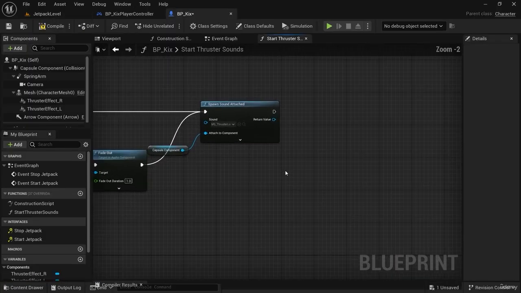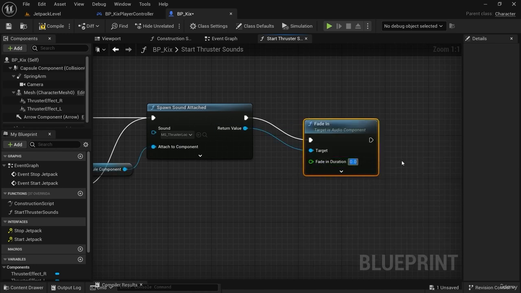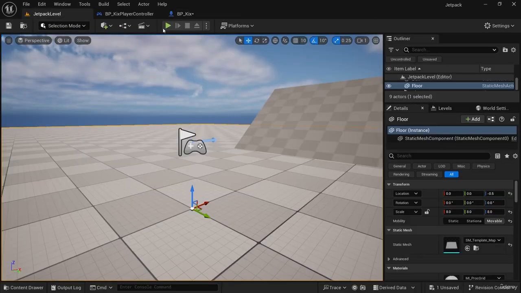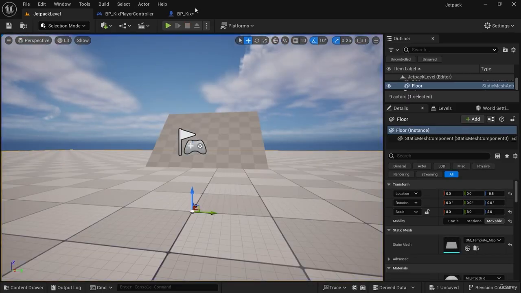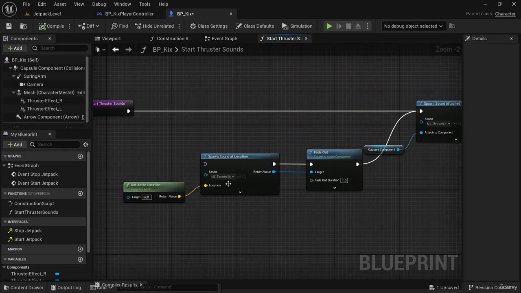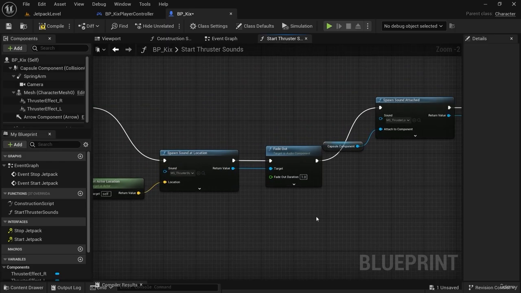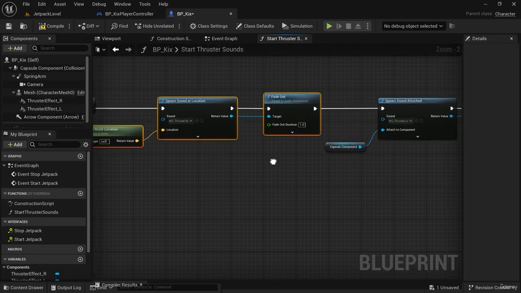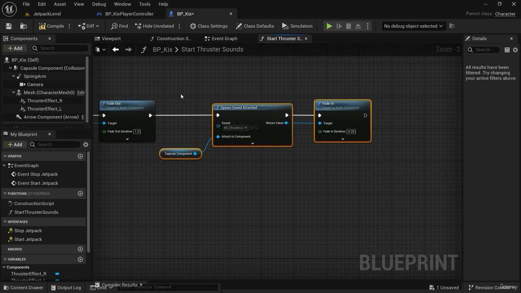So I'd like a bit of a fade in, and we can do that with a fade in node. And we can choose a fade in duration of something like 0.35 seconds. Now we can see how that feels. And it's a nice gentle fade in. It's a little faster than our fade out for the spawn sound. So I can connect this back. And we now have the ability to hear our Jetpack starting,